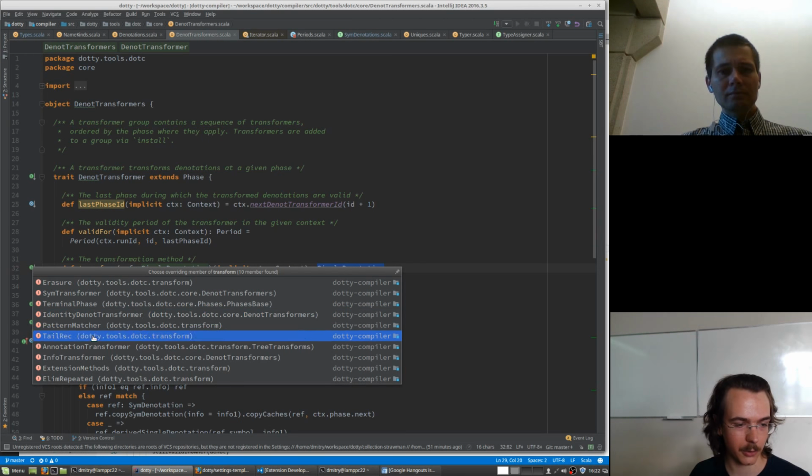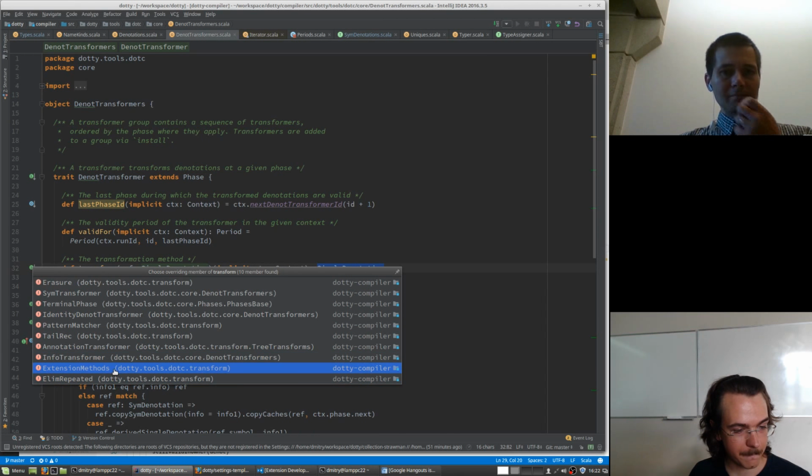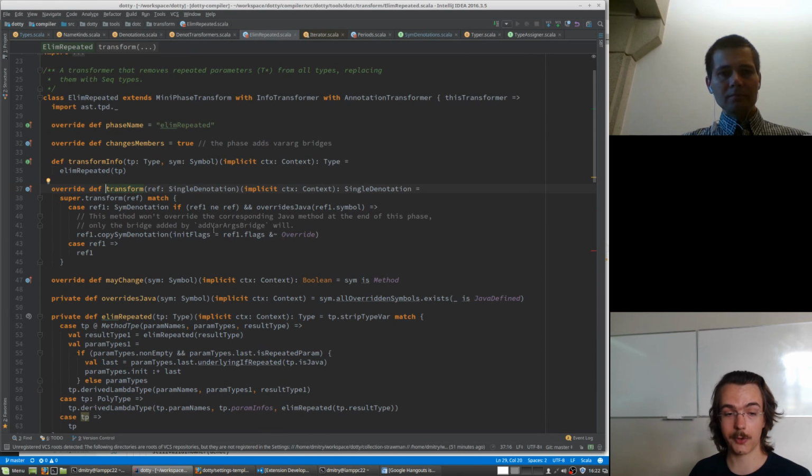To give you an example, let's say we have elimRepeated. So before phase elimRepeated, some methods could have had repeated arguments. After elimRepeated, they won't. So the meaning of their name should get transformed to indicate that they no longer have repeated arguments. It also indicates that they no longer override Java stuff, because we'll need to add bridges, and now the bridges will override stuff. So with this method transform gets called